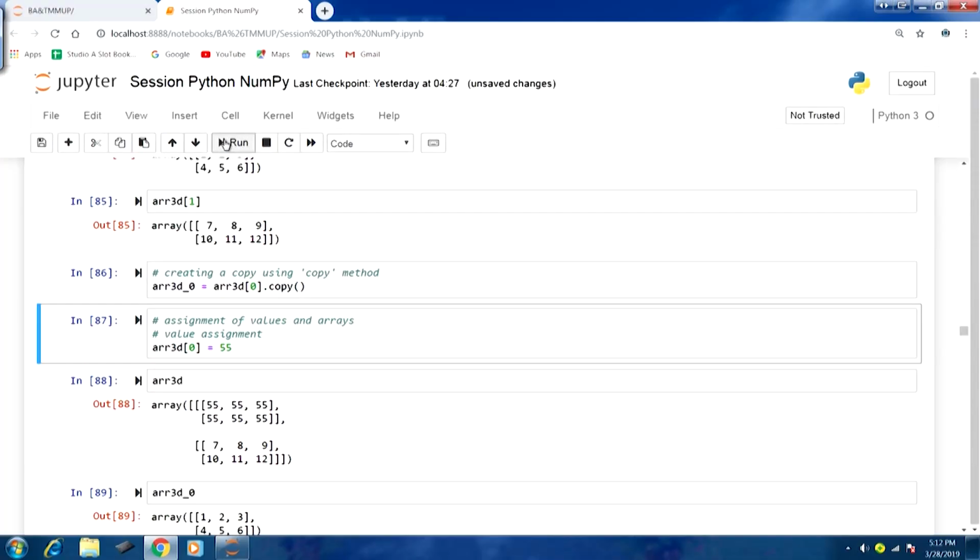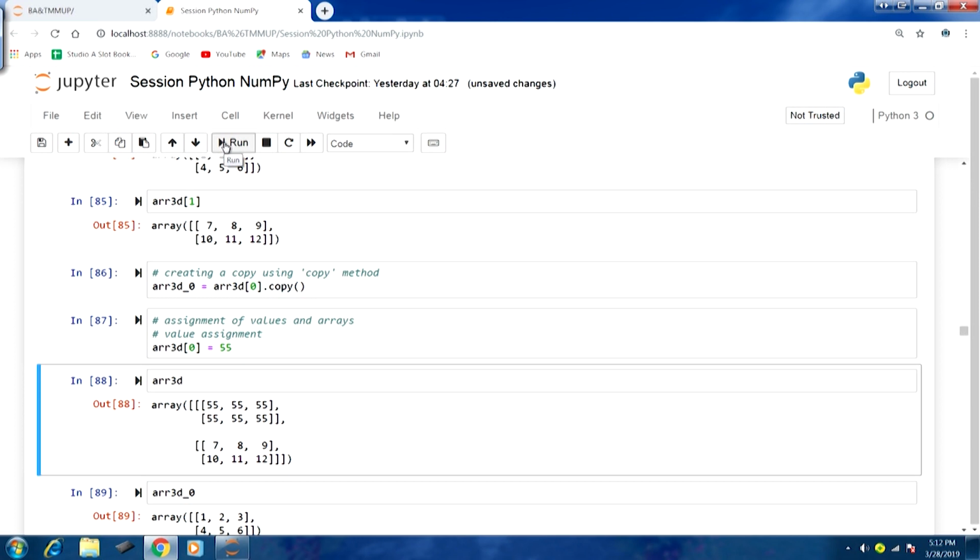If I run this and have a look at array 3D, you can see that the first element of the first dimension is a list of lists: 55 55 55 in the first list, then 55 55 55 in the second list.